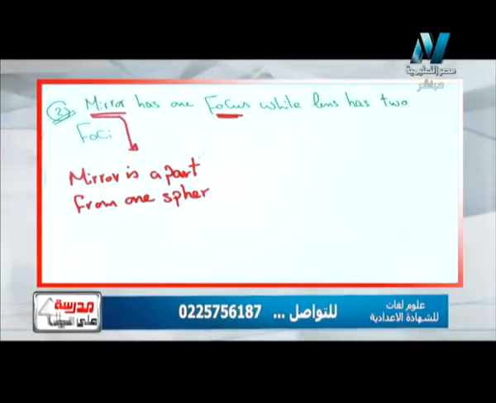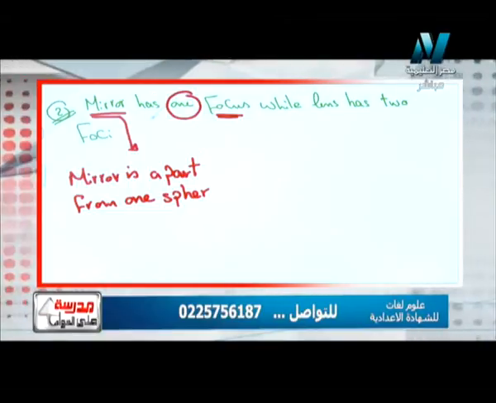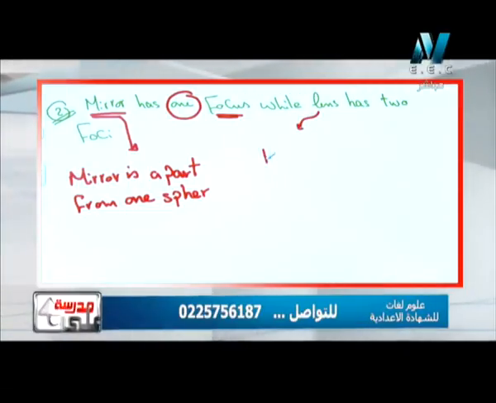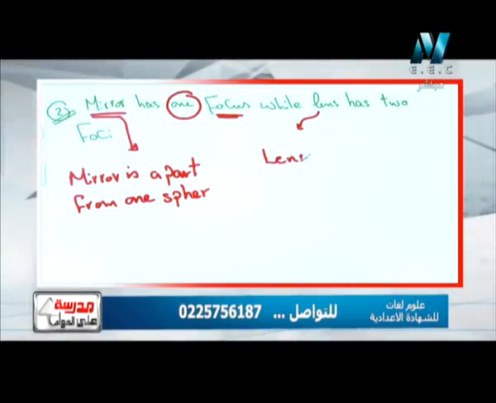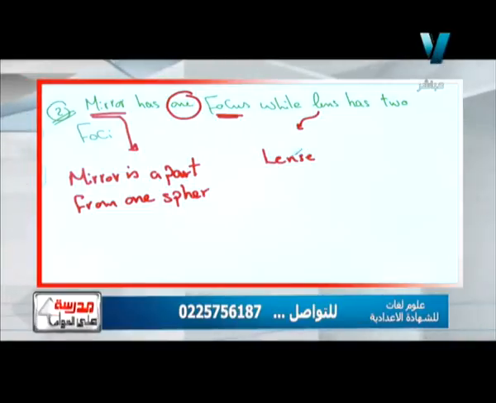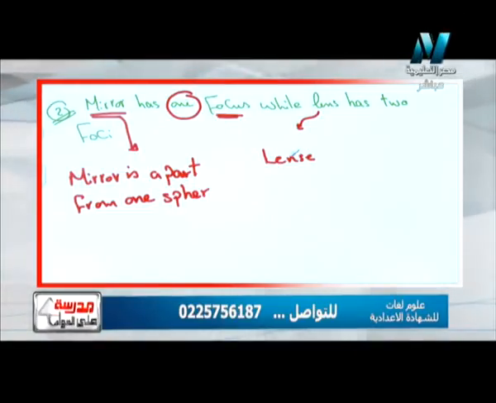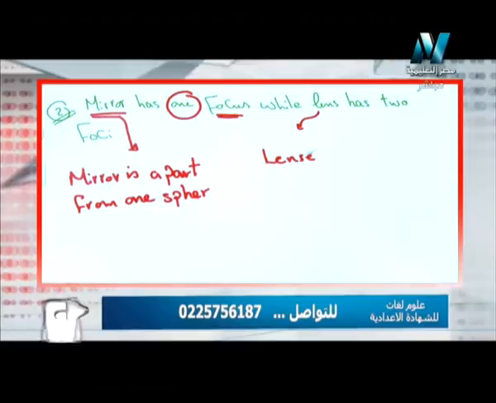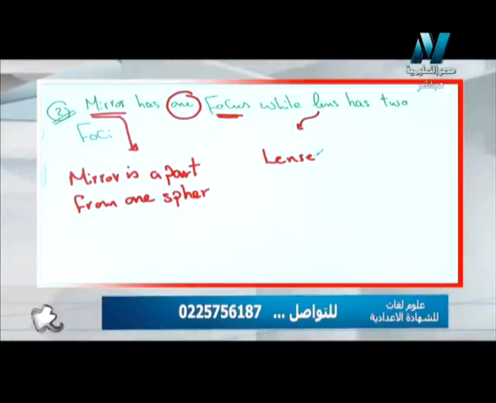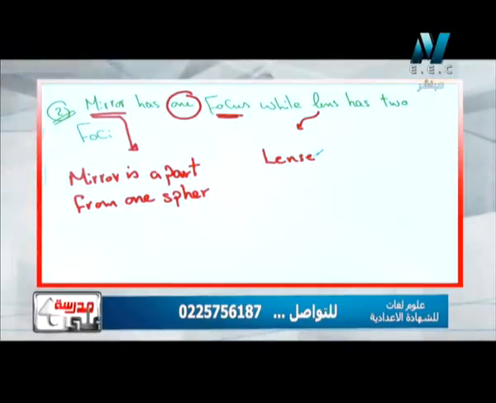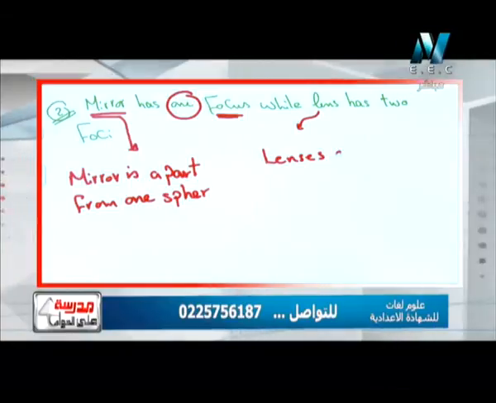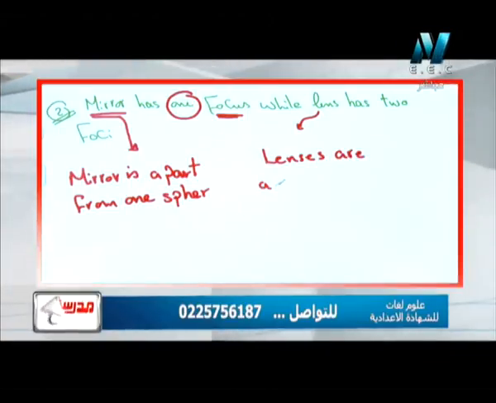So mirror has 1 focus, while lens has 2. Any lenses, whether collective, diverging or converging, any type, is a part of 2 spheres, because any lens has 2 faces, not only 1 face like a mirror. So lenses are a part